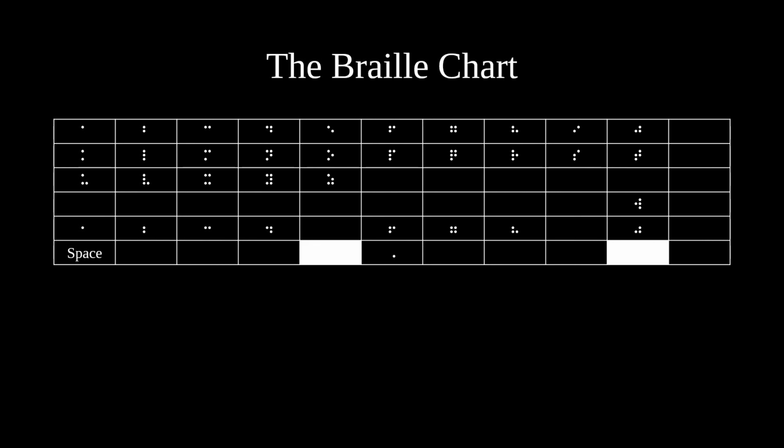8 cells in the 2nd row from the bottom represent punctuation. All the cells in that row are simply the cells for the letters from A to J shifted down by 1 dot. The last 16 cells in the first 5 rows of the chart are group signs, which represent 2 or more letters in sequence. The Braille chart is almost full. There are only 12 cells left.